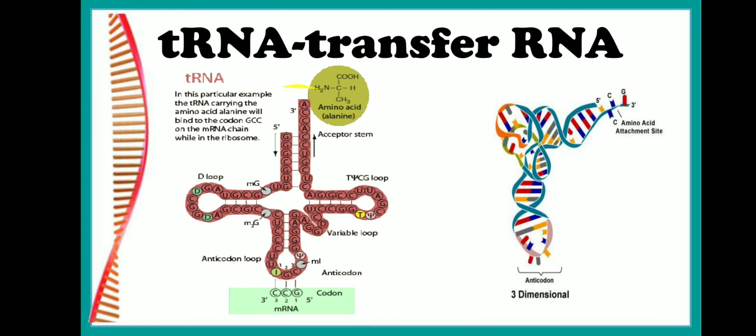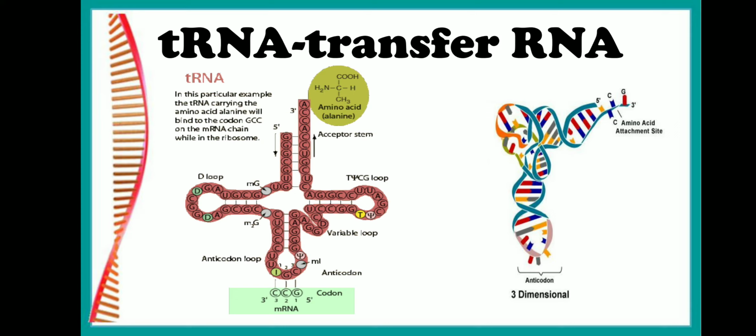Opposite to the AA arm or the amino acid acceptor arm, we have an anticodon arm. It is a loop-like structure. It consists of about 7 to 11 unpaired nucleotides. The 7 to 11 unpaired nucleotides will form the loop of the anticodon arm. Now, this is exactly opposite to the amino acid acceptor arm. If you see the amino acid acceptor arm, your anticodon loop is exactly opposite to it.